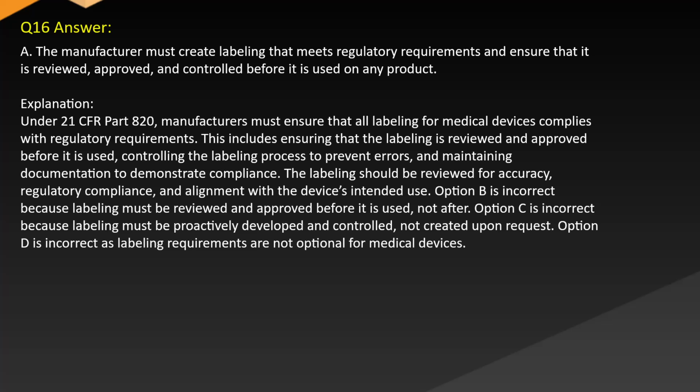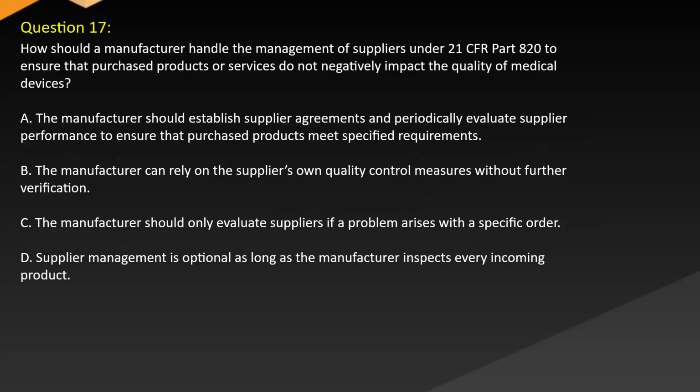Option B is incorrect because labeling must be reviewed and approved before it is used, not after. Option C is incorrect because labeling must be proactively developed and controlled, not created upon request. Option D is incorrect as labeling requirements are not optional for medical devices. Question 17. How should a manufacturer handle the management of suppliers under 21 CFR Part 820